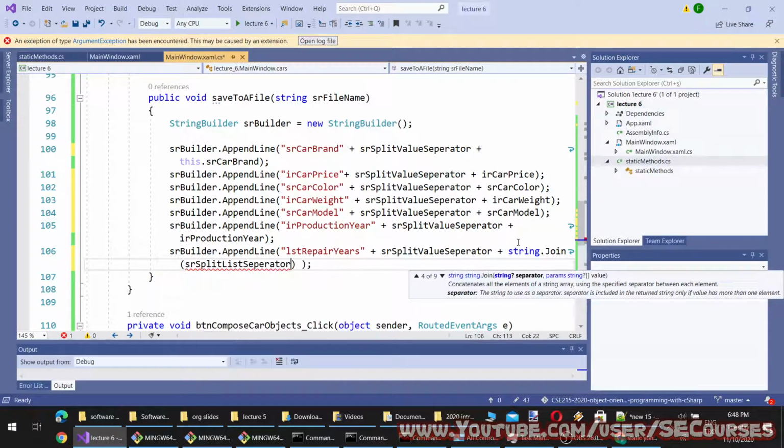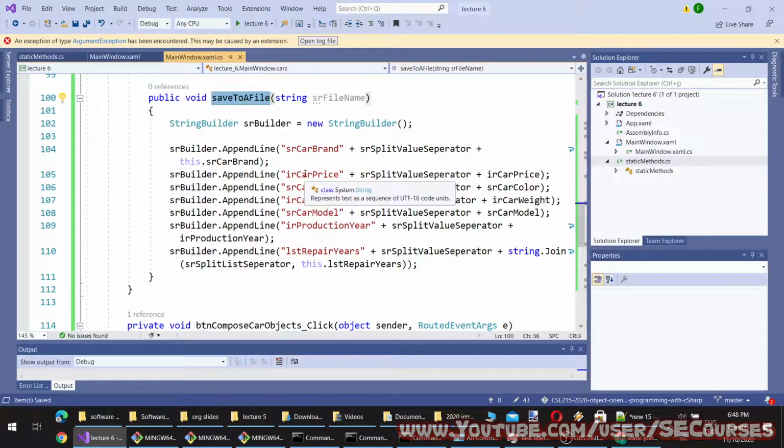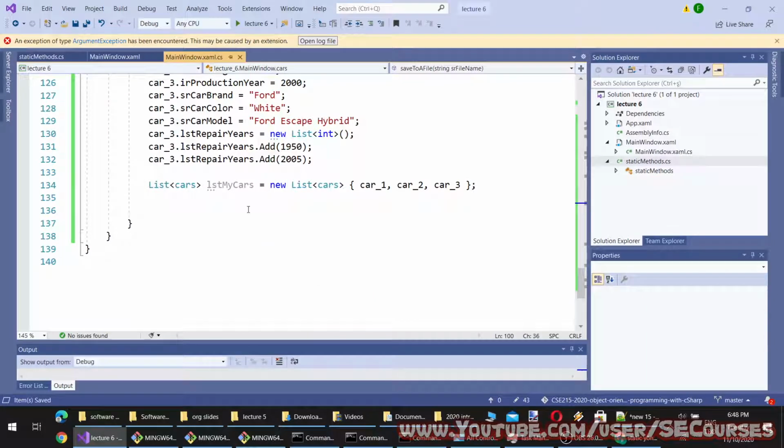So it will be list separator, and the parameters will be our list, which is this dot repair years. Okay, so what will this method do? This method will turn my object into a string, and from there I will be able to load it back.